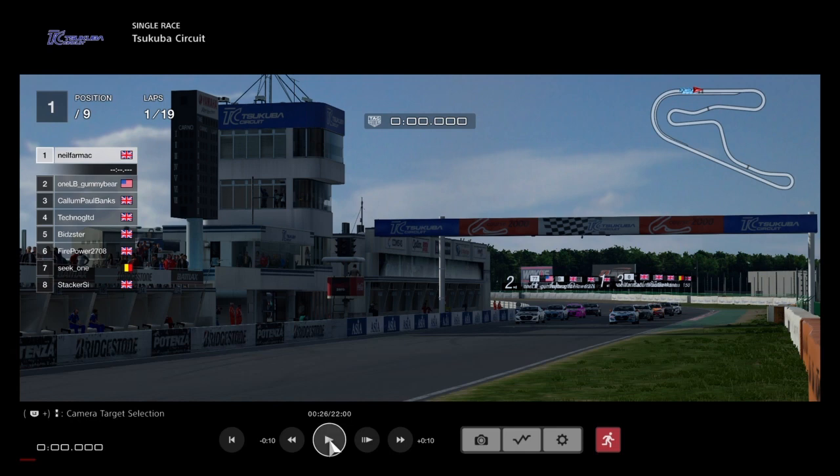This is round 4, the special event. We are here at Tsukuba Circuit in Hyundais. This is the Hyundai Genesis Coupe 3.8 2013 road car for the first race. 19 laps of Tsukuba coming your way, and it is Neil Farmack on pole position from the new guy Gummy